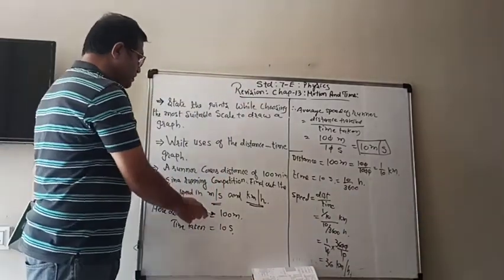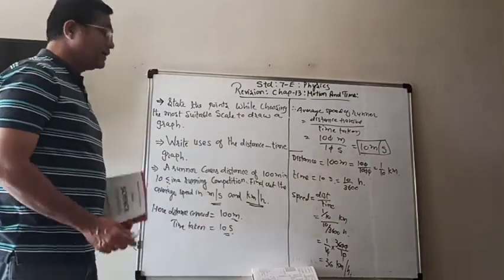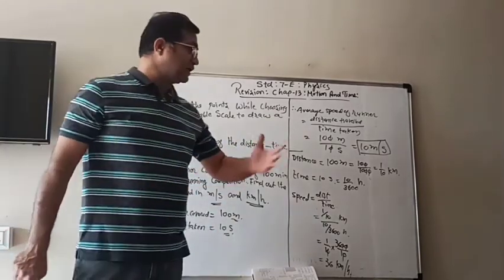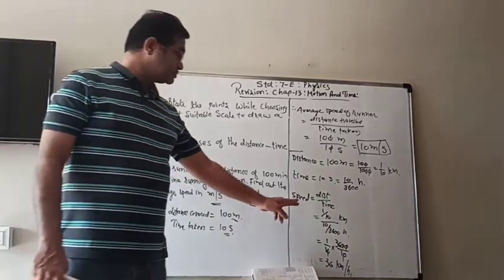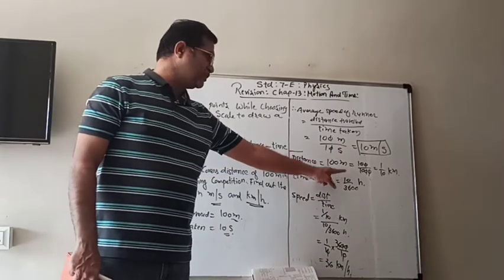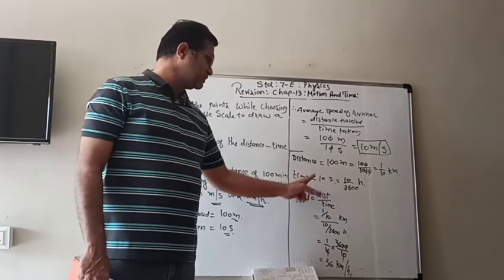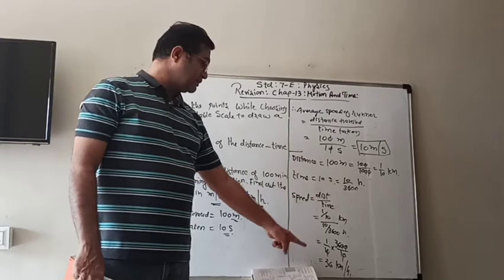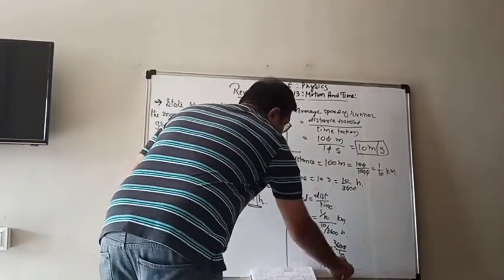So here, if we have to find meter per second, then distance should be in the meter and time should be in the second. But if you want to count in kilometer per hour, then distance must be converted into kilometer and time also must be converted into hour. So we divide by 1000 here and divide by 3600 because of the conversion, and then we again use the same formula, and then by simplifying we get the speed, that is 36 kilometer per hour.